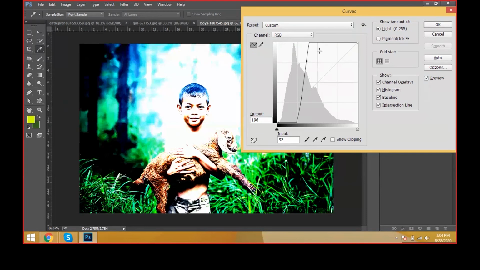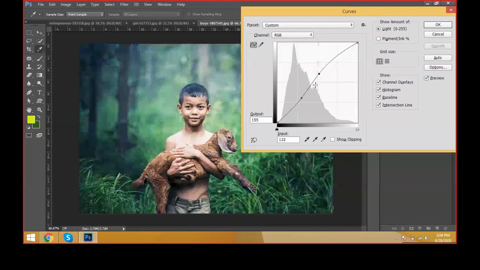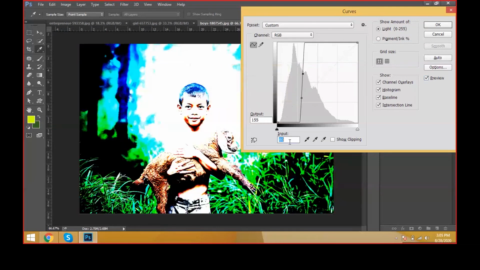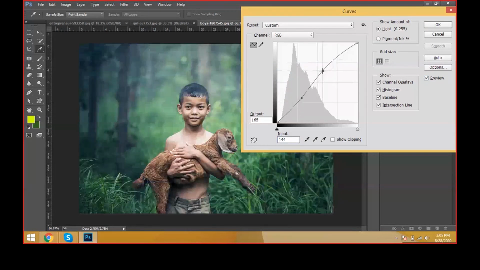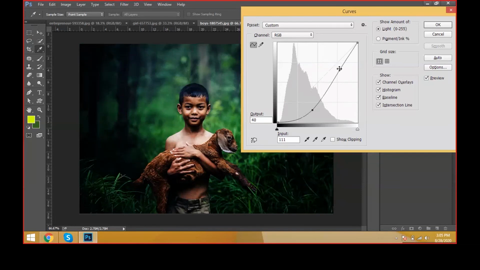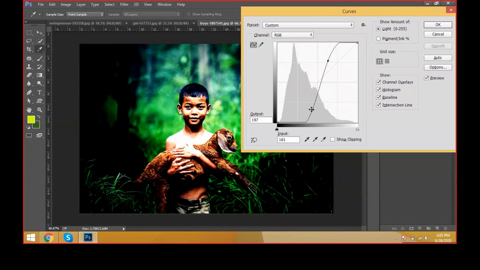See, you have to give the input values very low, like 50, then automatically we can see the values. It's 80, it's 150. You can see it and make it a value like this, and give it 200 like this, and you can go with 170, 150, and you have to adjust the curves again.